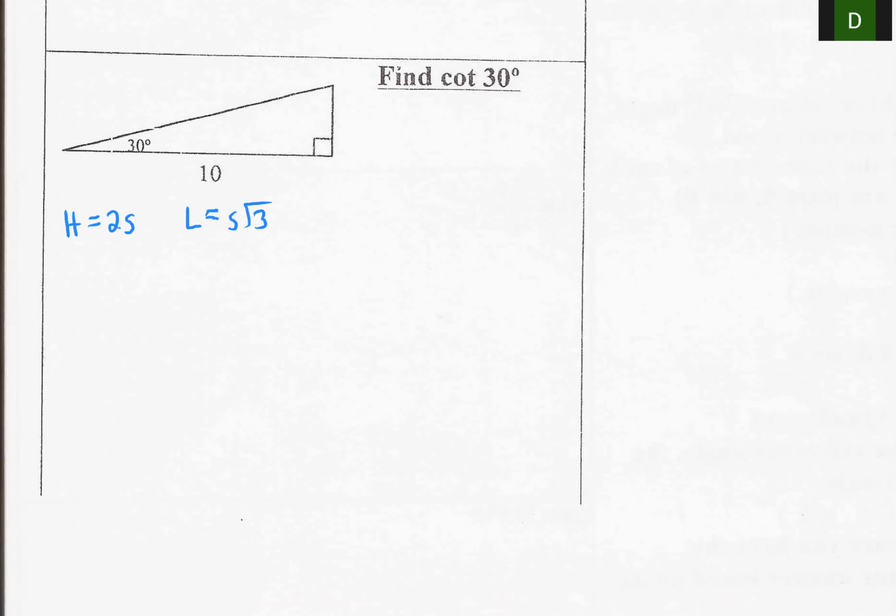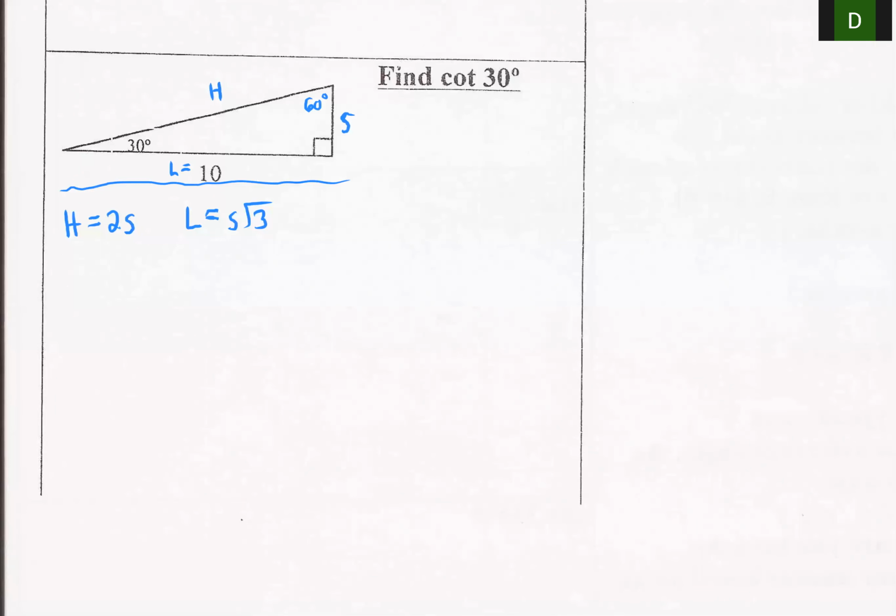So my hypotenuse would be here. The short leg is always opposite the 30. So that means 10 is the long leg. So the long leg, please remember, is always opposite the 60. So this would have to be 60 degrees here, because the angles add up to 180. So the long leg is always opposite the 60. The short leg is always opposite the 30. So using these 2 formulas from our 18.0 notes,